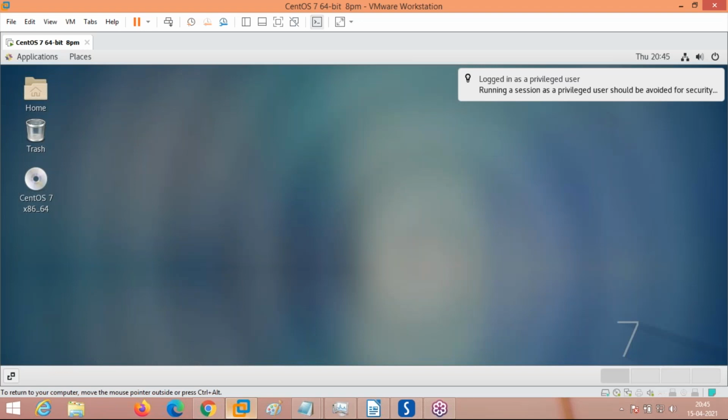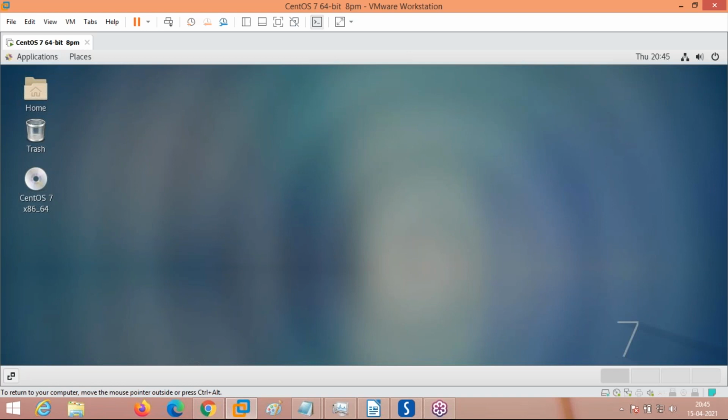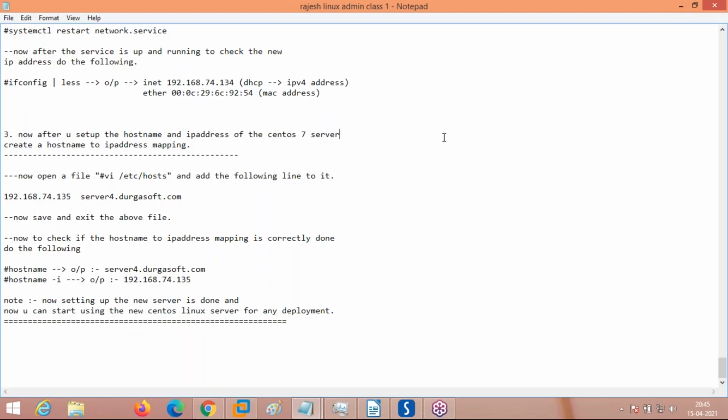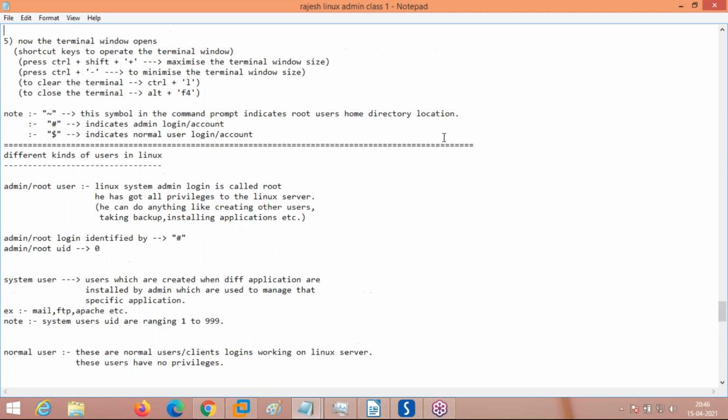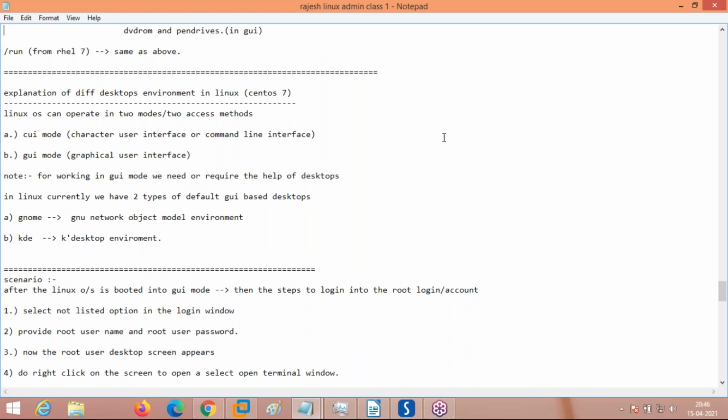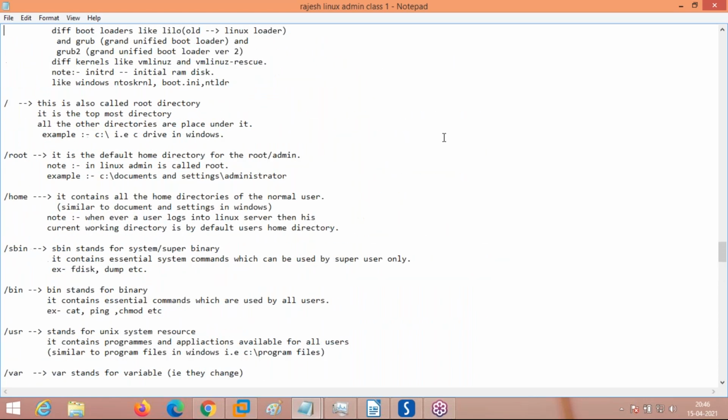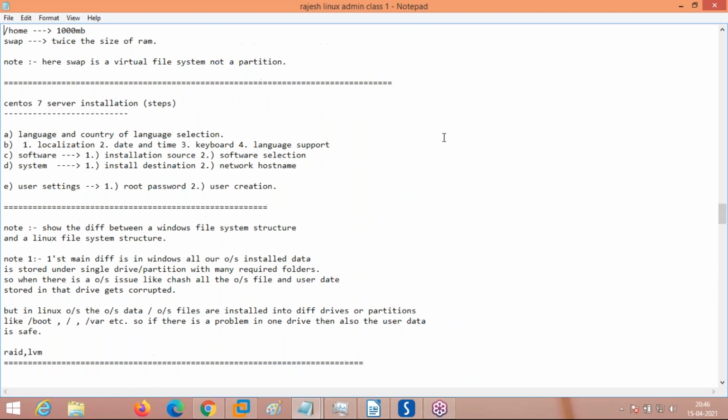It is not always the case that your desktop or server is installed in your system and you are sitting locally in front of it. No, the server may be deployed hundreds or thousands of kilometers away in some unknown location. At that time, if you want to install or configure things, you need to connect to it. What are the different options available for us to connect remotely to the same server environment? That is what I'm going to show you now: how to connect to a server environment.